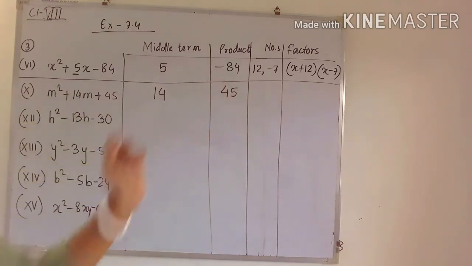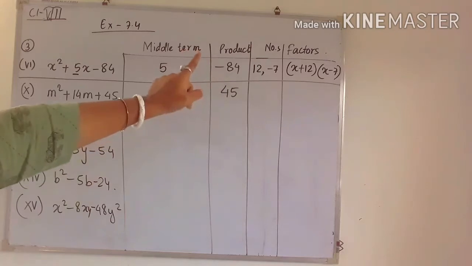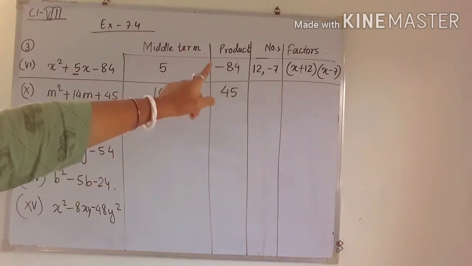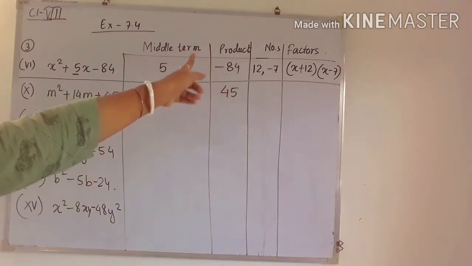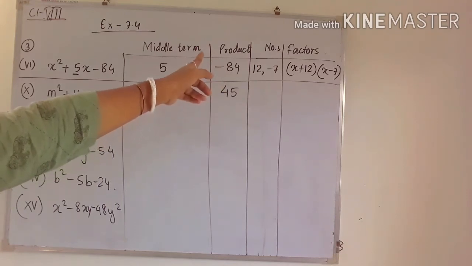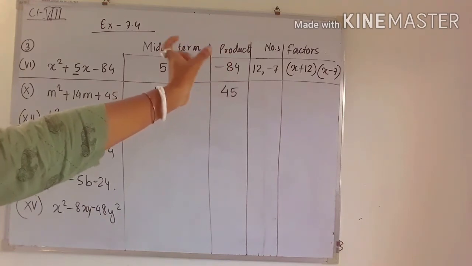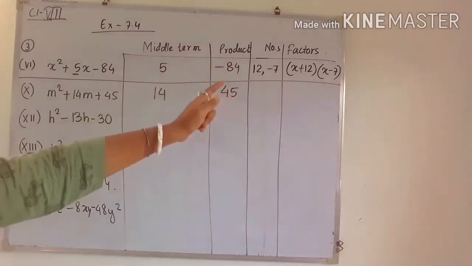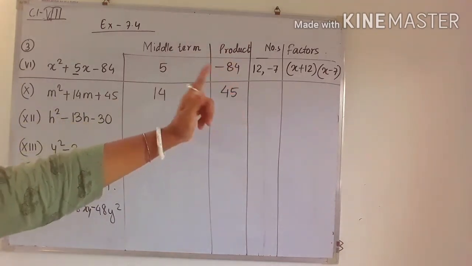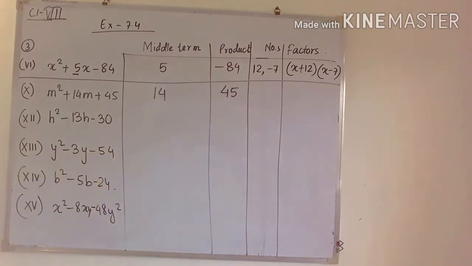First is 12 and the second is minus 7. And for the factors, just remember, in the last lecture I already discussed that part, that the numbers you are getting, the constant should be added to the variable x. So in the first bracket you have to write x plus 12, and when we add minus 7 to x, it will become what? Minus the negative number. So this is x minus 7.